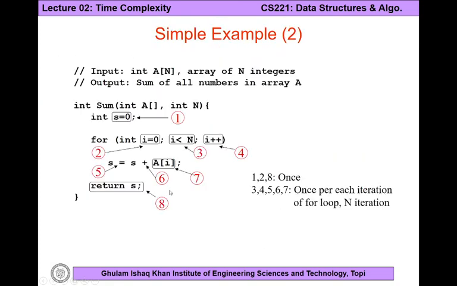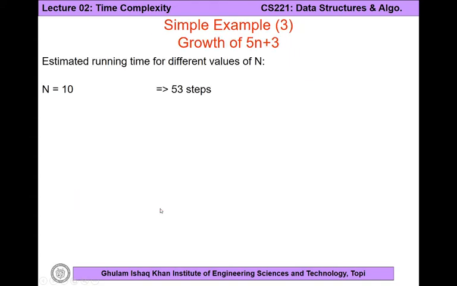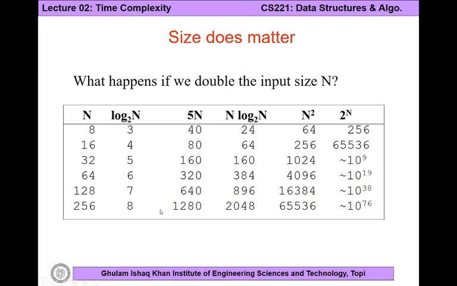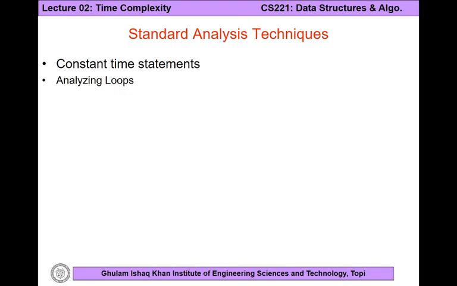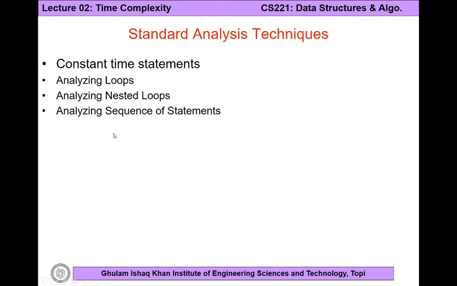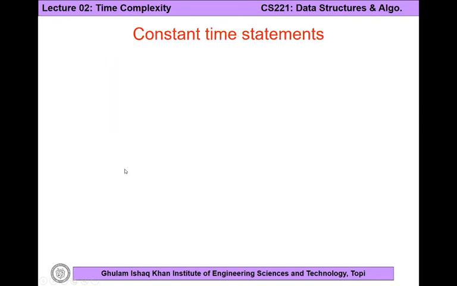Now first of all, in the code we analyze the constant time statements, as for example if you take the example of this code, we initially identified the constant time statements, right? Then we analyze the loops, then we analyze the nested loops, and then we analyze the sequence statements or if else conditions, right? So let's go to